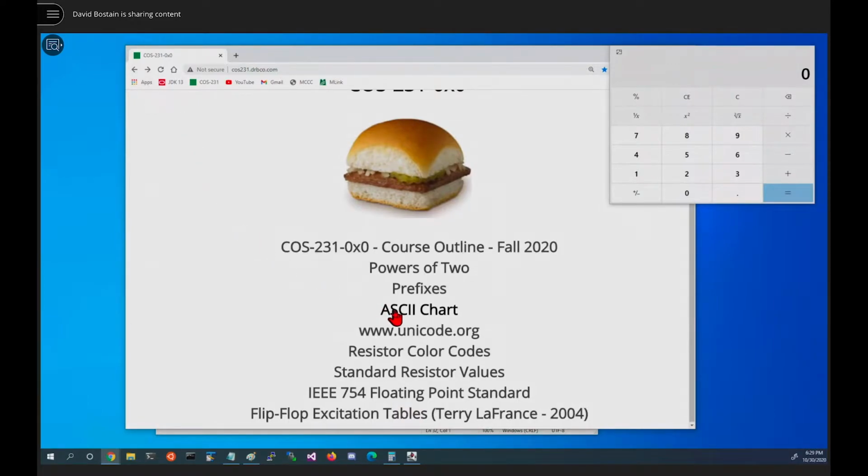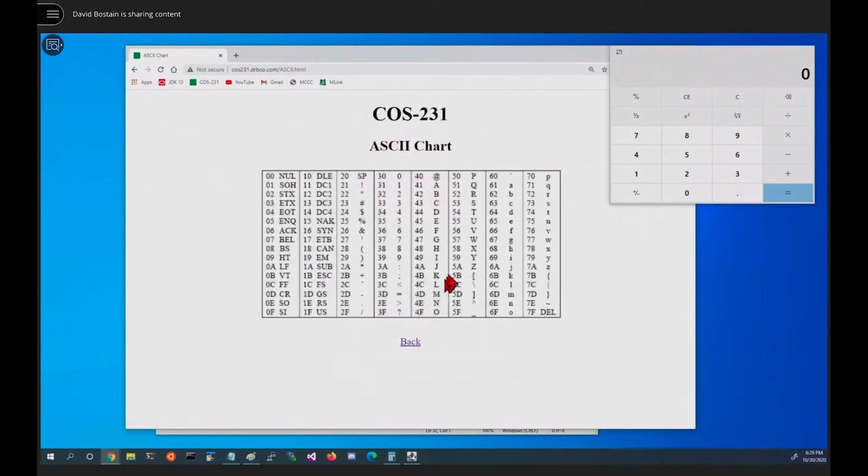So the next thing on our table here is the Ascii chart. While it's handy to check your answers, if you have to come here and look up all of the Ascii characters you're using, you're going to burn up more time than you have on the exam. So I would use this to check your answers, because your eyes can fly through this really quickly that way, but not to look up every detail of any question that uses Ascii characters. Memorize the key points. Space is a 20.